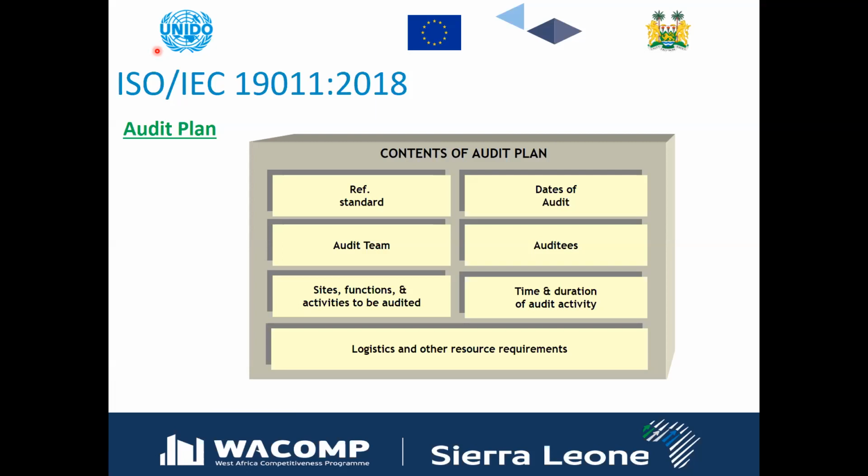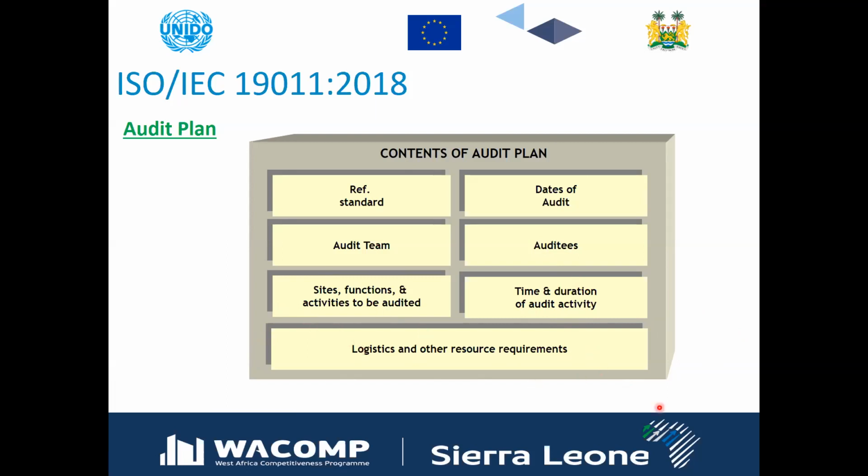After that, the lead auditor would prepare the audit plan. In the audit plan, definitely he has to include the audit objective, the criteria and the reference document, audit scope, date and places, when one audit would start, when one audit would finish, who will be auditing, what is the time and duration of this complete audit, and what kind of logistics the lead auditor and his team require during the audit.